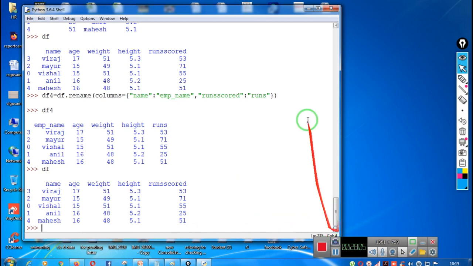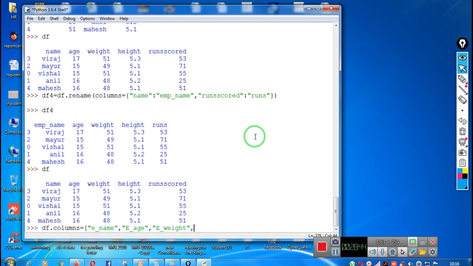There is one more method for changing the names of the columns. Suppose I want to change the columns of df, so I can directly write df dot columns, and then I provide the names of all the columns: name, and instead of age I want employee age, and instead of weight I want employee weight, instead of height I want employee height, and instead of runs code I want total runs. Okay,